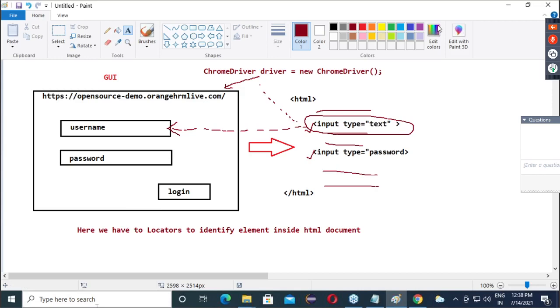Done with the copy? Everyone? So now what is the job of locators? Find the web element inside the HTML document.